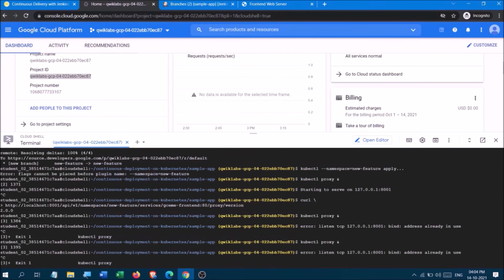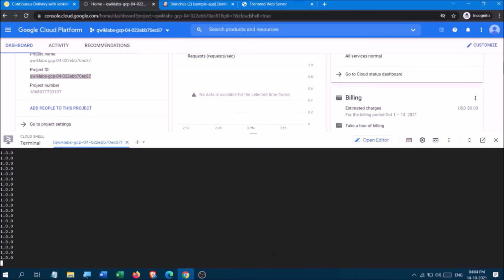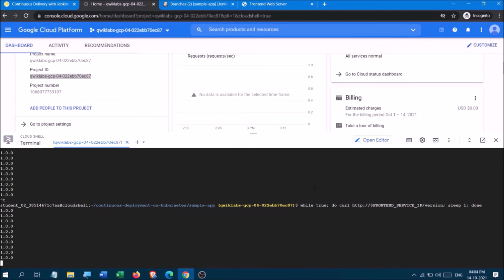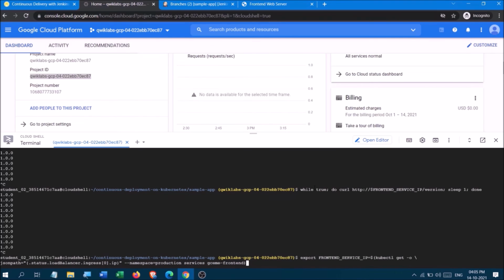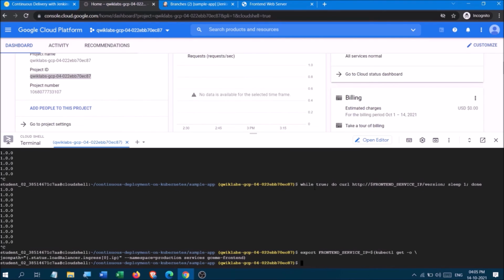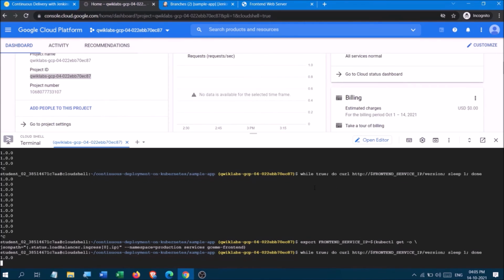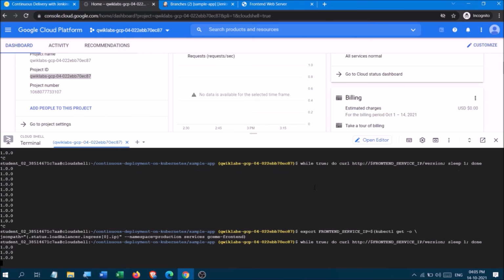So it's 1.0, 1.0. Okay, it has been created, and we are looking for 2.0.